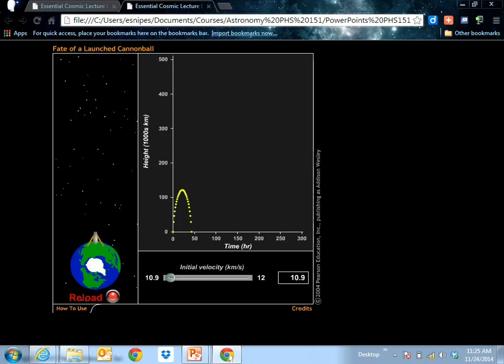So the point here is, and actually we saw Neil deGrasse Tyson do this, if I go ahead and bump up the speed at which the cannonball is flying, it will eventually, like he said, I think he said your grandparents say an apple that you throw up in the air will never leave the earth, and that's not true. If you throw it, it will leave the surface of the earth. So let's go ahead and bump this up from 10.9 to,